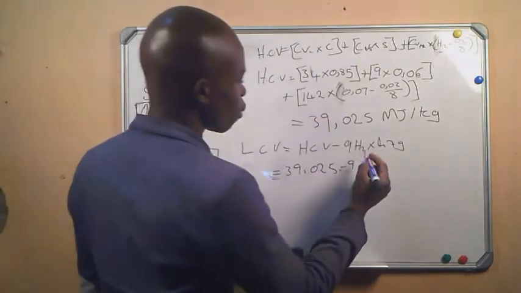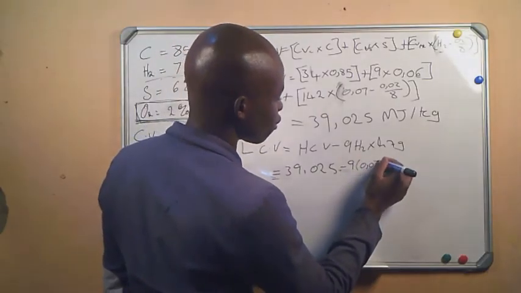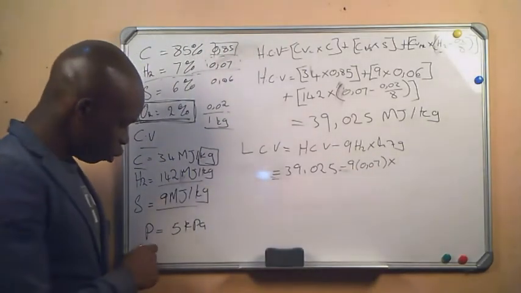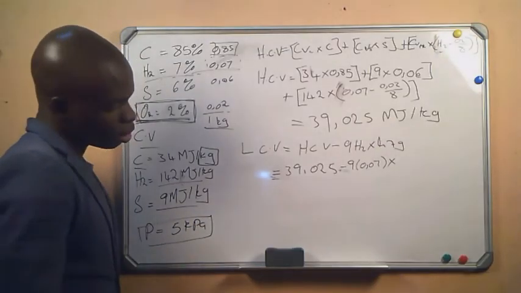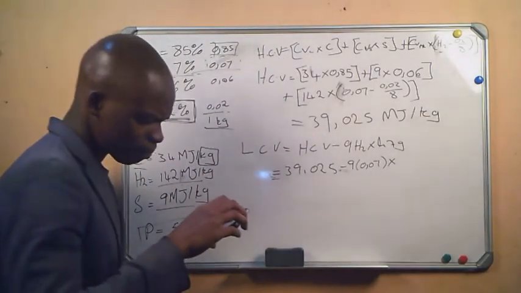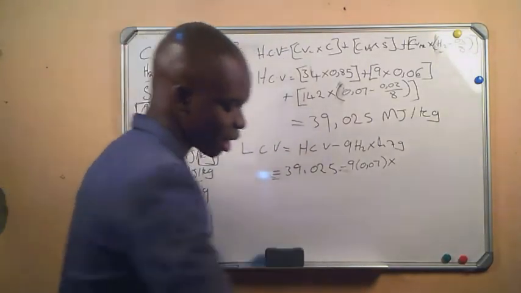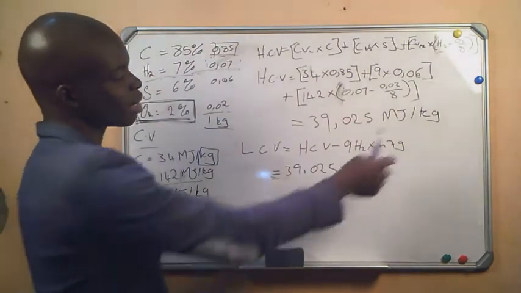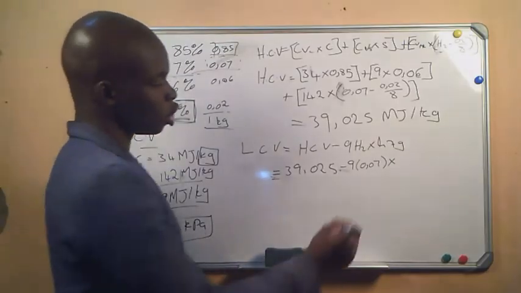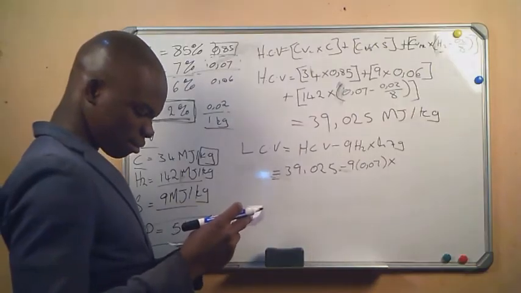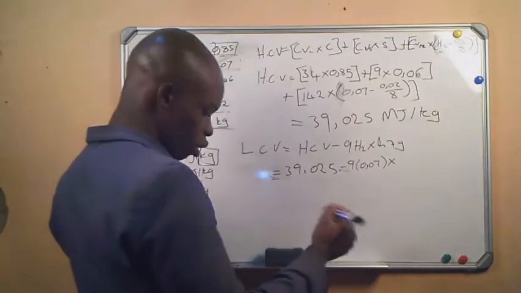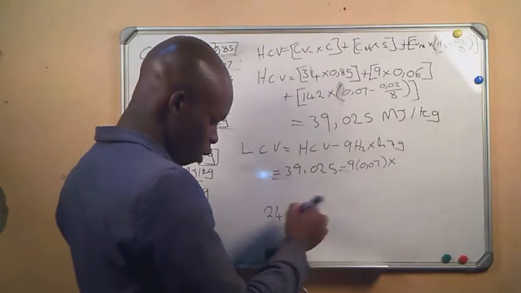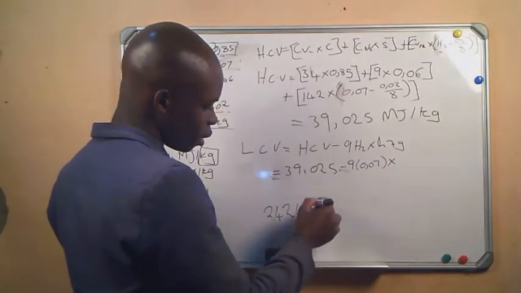This is it, 0.07 times the HFG. We will use the pressure that they gave us. They said it's the vapor pressure. And then when we have this, we go to the steam table and extract the value of HFG, which I got as 2424 kilojoules